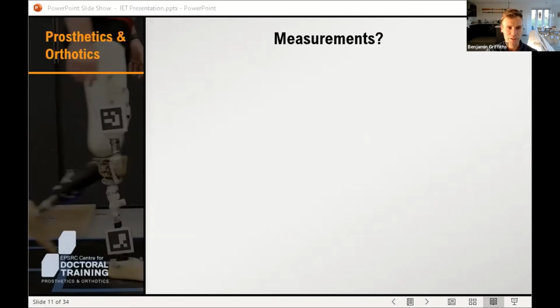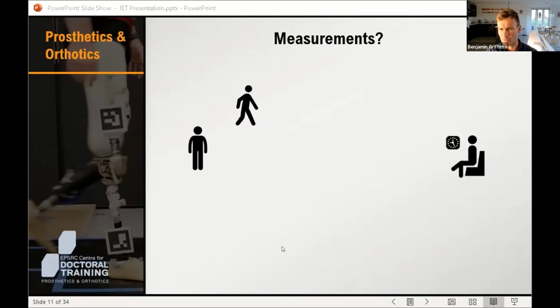However, it's clear that someone's activity, or what is known as physical behavior, which is how it's referred to in research and includes subcategories of activity such as inactivity and sleep, etc., is made up of far more than just your step counts. Some things that are typically measured using activity monitors include standing, so how much standing time you have in a day, stepping, so how many steps you accrue, sedentary time, so how much time you spend sitting or in sedentary postures,